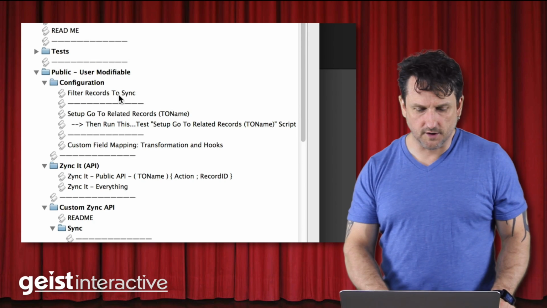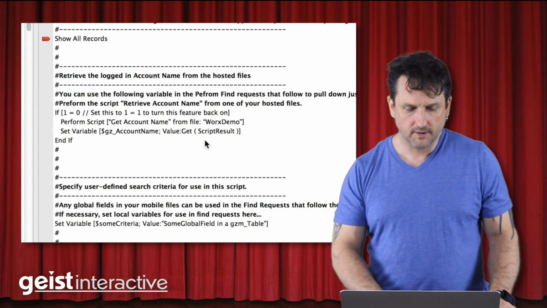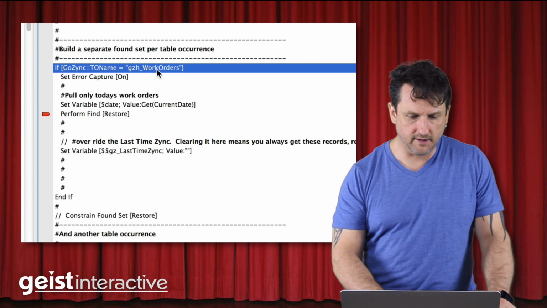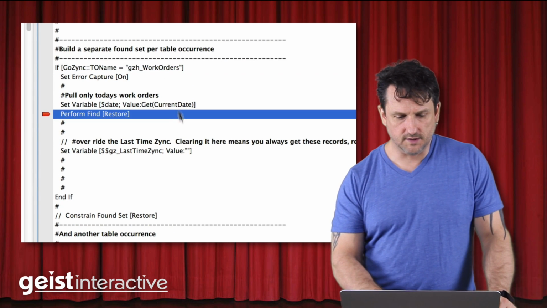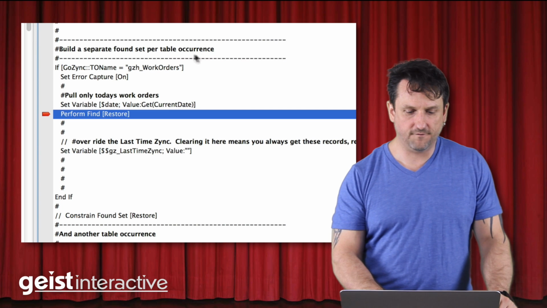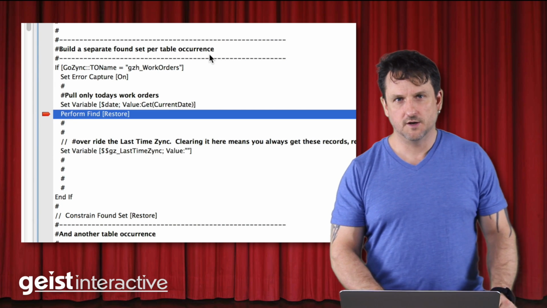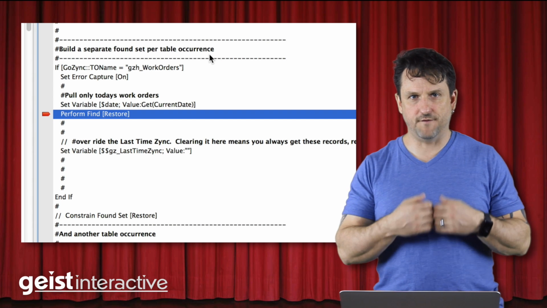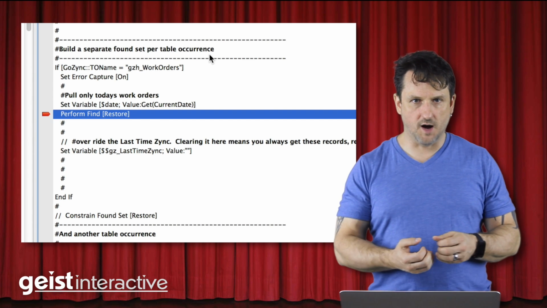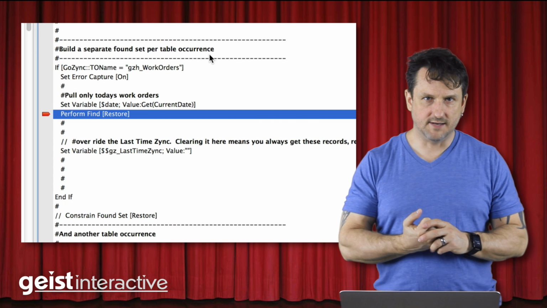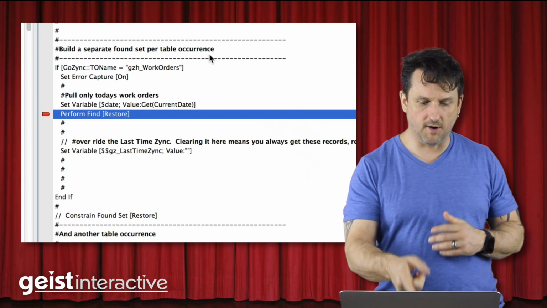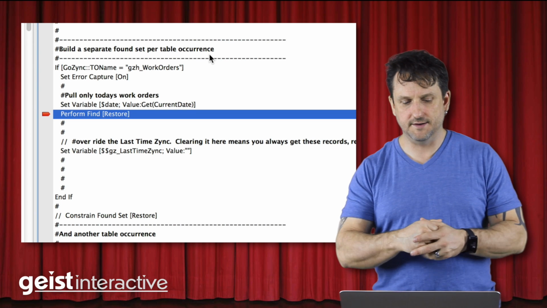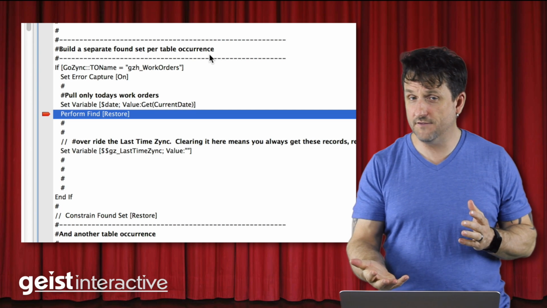And so one of the scripts you're going to use is filter records to sync. Now it's got some instructions here, and I'm going to just scroll down to the meat of it right here, which is we're going to build a separate found set for each table occurrence. So remember I said that GoZync uses a found set. Whatever found set it's on, when it comes time to sync that table occurrence, it has an option to run this script to filter the records for that table occurrence, and whatever found set you leave it on is what